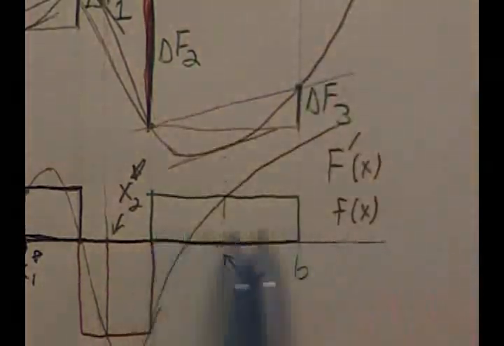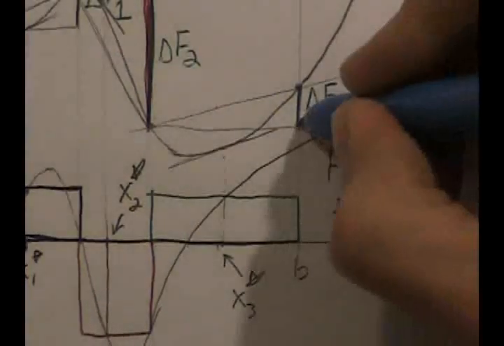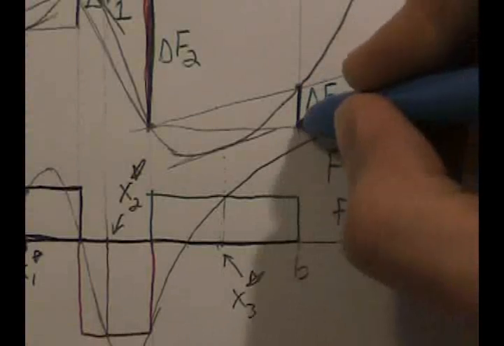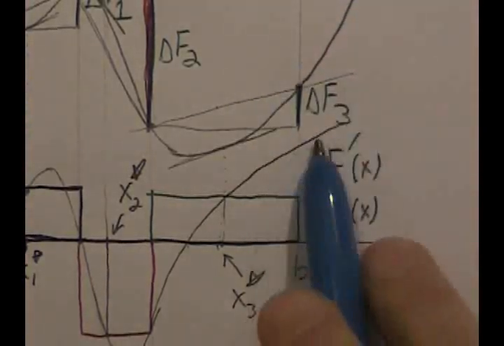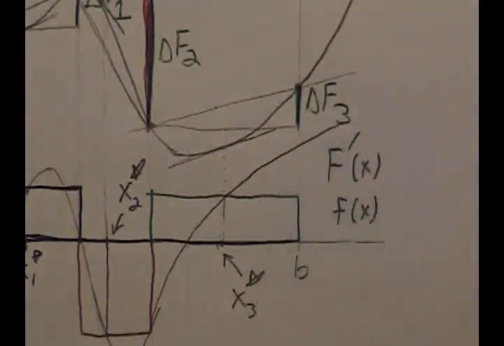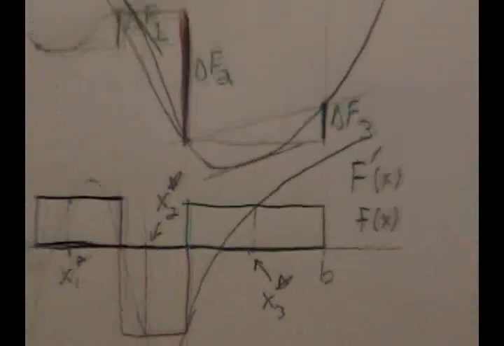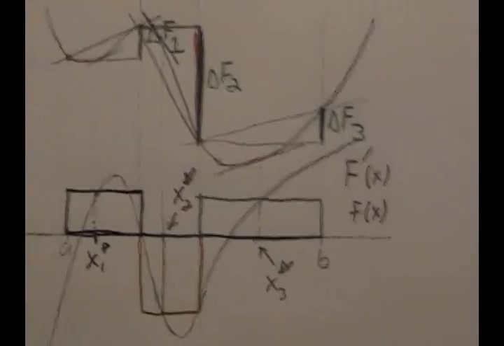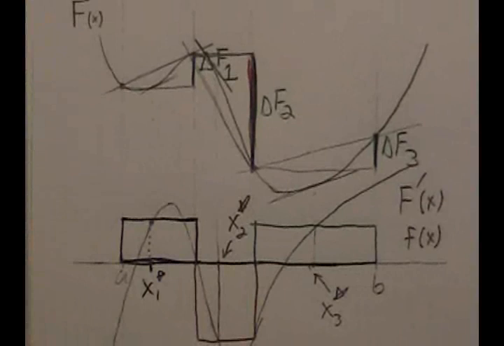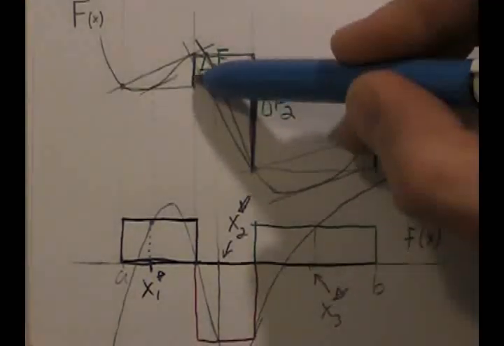And so the area of this rectangle equals the change in f, equals the length of this green line here. So look at what happened here. If we zoom out a bit for a second, I know it's a bit sloppy, you just have to bear with me. But we have different representations of these